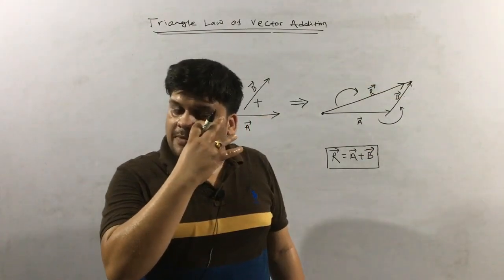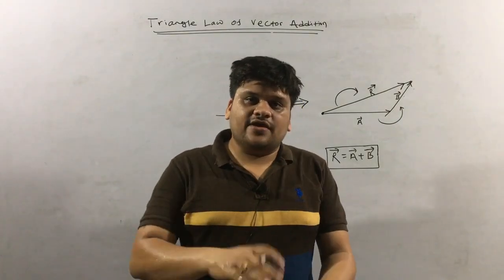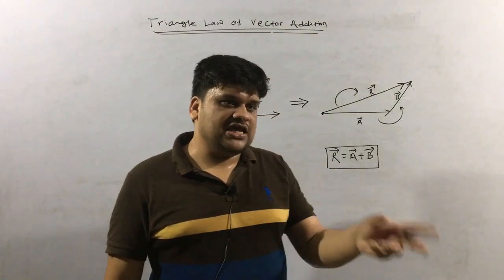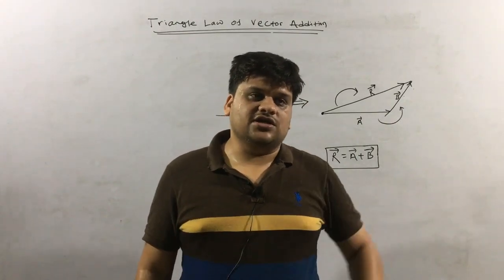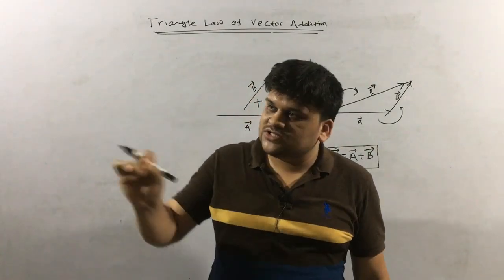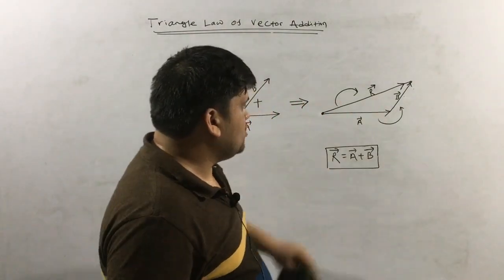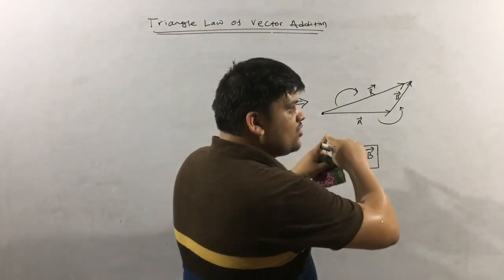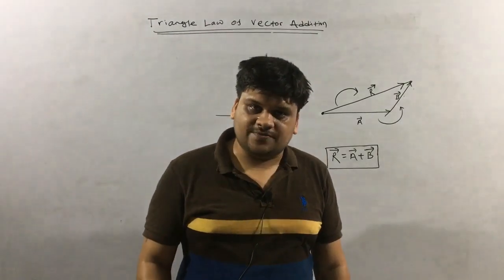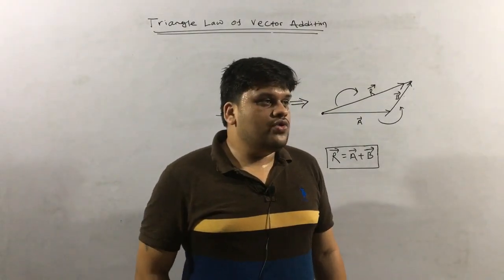And you will tell, okay, that is the direction of the force. No, it is not possible every time to draw the diagram or to represent the question in a diagram or tell the answer in the form of a diagram. They will ask, if 5 Newton and 10 Newton act on an object at an angle of 30 degrees, then what will be the resultant? There must be a number. The resultant is this much Newton. You should tell that this much Newton of net force is applied. But if you draw the diagram, is any answer coming? You will draw a diagram, then measure it and tell the answer. No, that will obviously give you an answer, but you cannot do it every time.